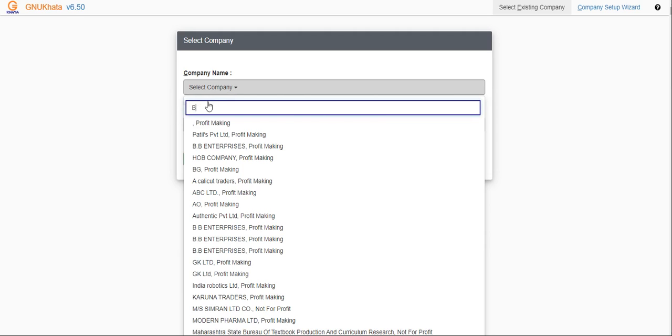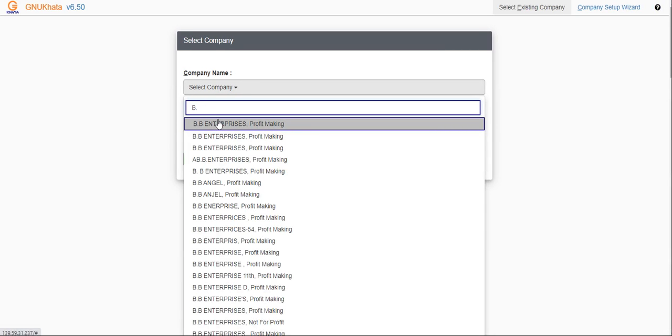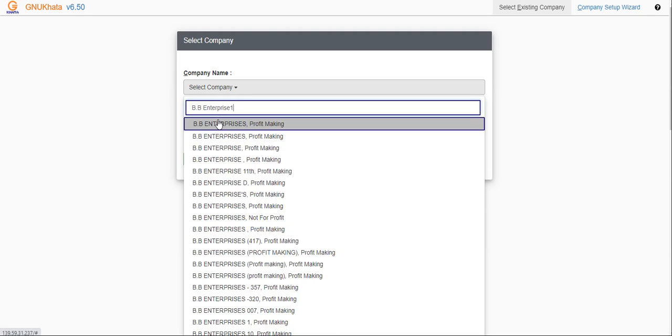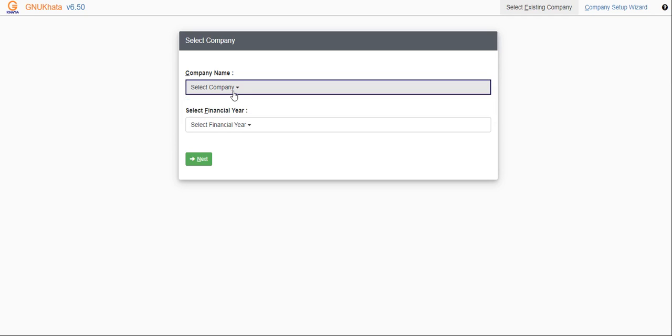So instead of writing BB Enterprise, I will use a different name for the company, that is BB Enterprise 1, 2, 3, 4. Okay. So I have created a company by BB Enterprise 1, 2, 3, 4.